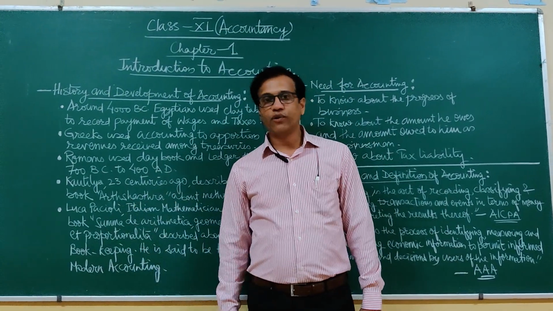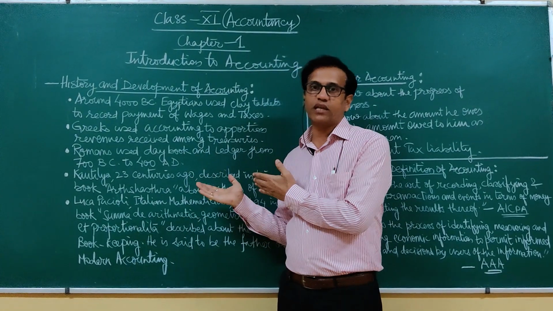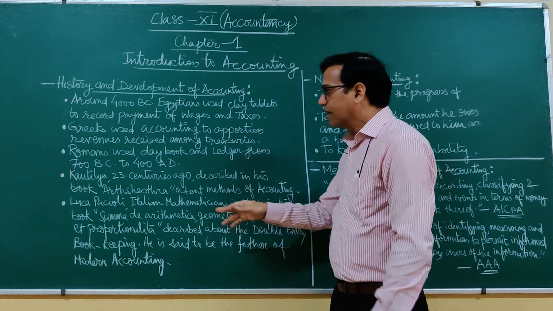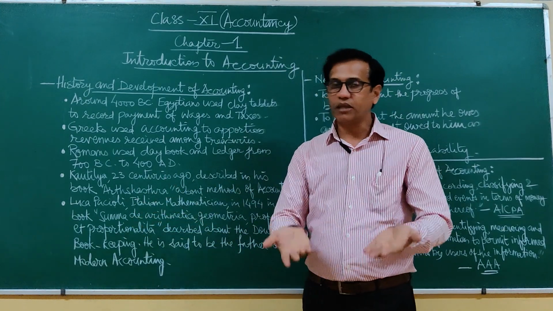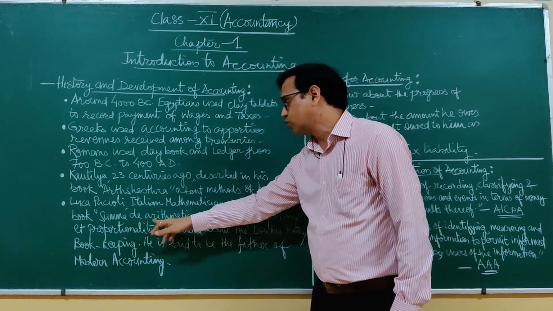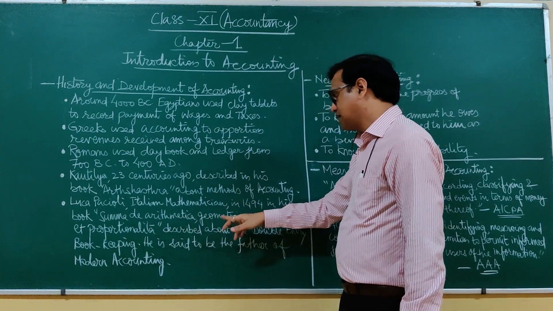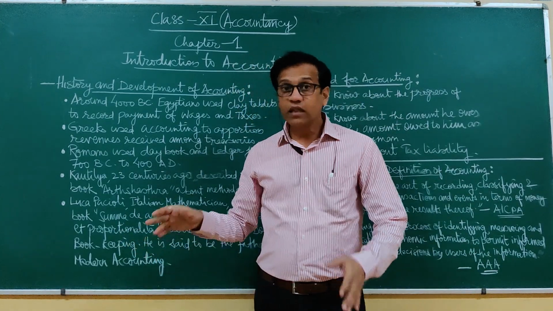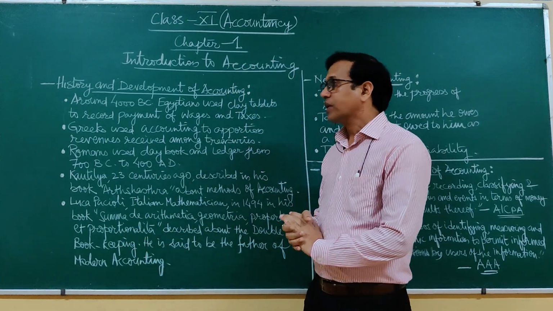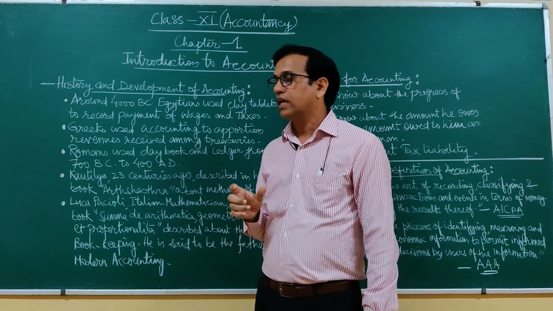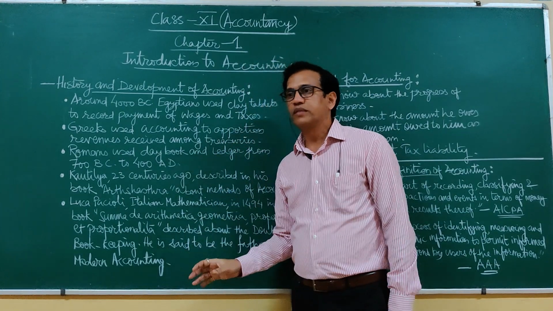In 1494, in Venice, a city in Italy, there was a citizen who was a mathematician and wrote a book on mathematics. The name written here is Summa de Arithmetica Geometria Proportioni et Proportionalita. Almost one third of this book covers